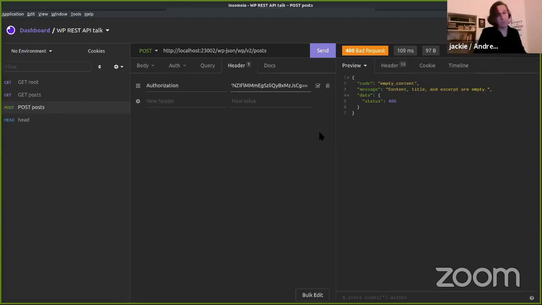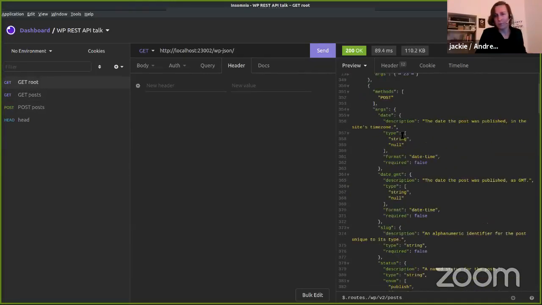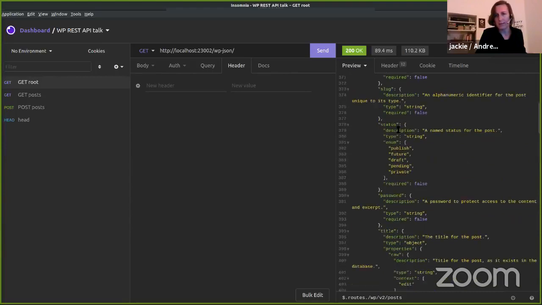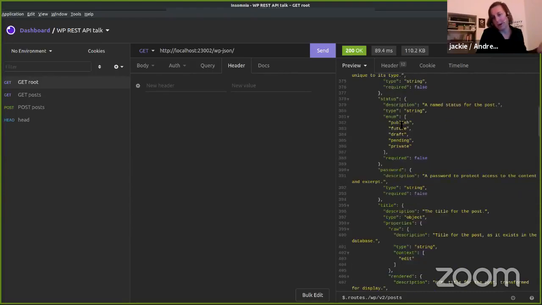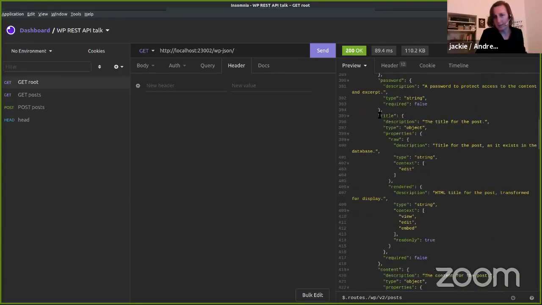Well, that's a problem because in the root endpoint, it told me for the post, there are different parameters. Let's say, for example, the status, because either the post might be published or draft, and the title, for example. And with the title, it tells me it's not required.